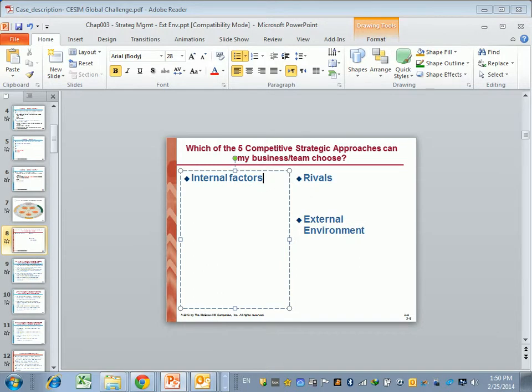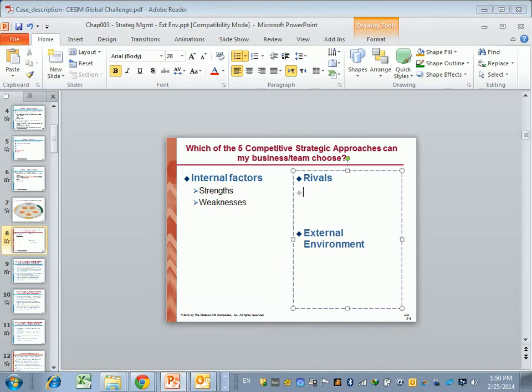One is your internal factors. What are the strengths of your management team? And you have to also be frank and honest with what your weaknesses are. Are you the types who do a lot of brainstorming and not a lot of follow-through? We've got to have a lot of balance, and that comes with first acknowledging what our issues are. So let me just put that down here. Strengths, and then weaknesses. Are you all good at technology? Do you have strengths in accounting, finance? I mean, these are all things that you should acknowledge.